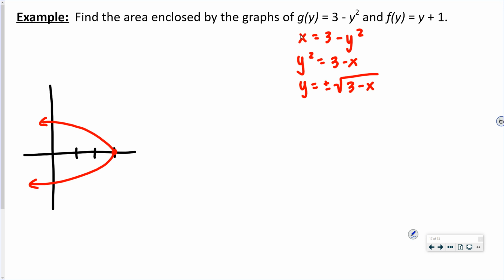Okay, and then this one right here, nice and easy to solve for y. I'm like, okay, this is a nice linear function with a y-intercept of -1 and a slope of +1. So up 1 over 1, up 1 over 1. Does it intersect there? We probably don't know that for sure, but